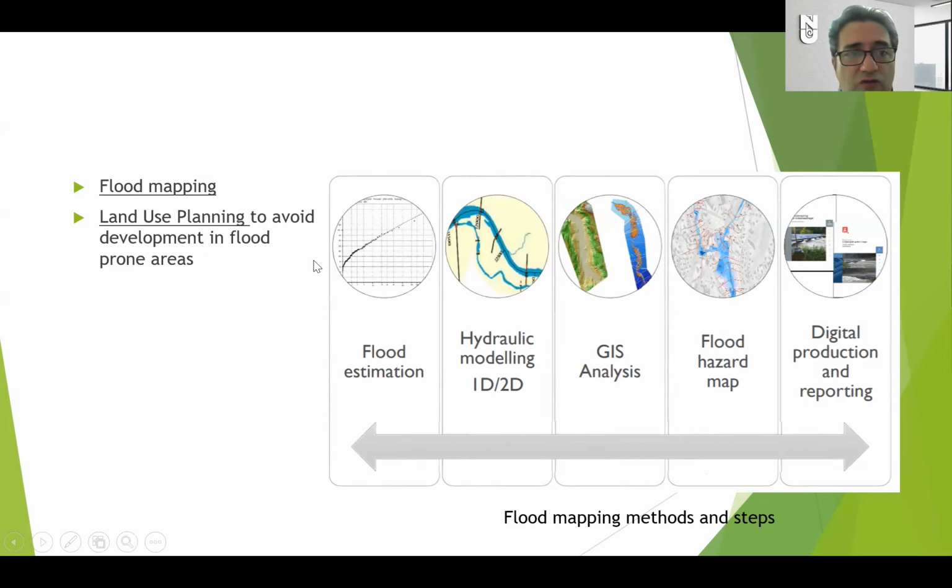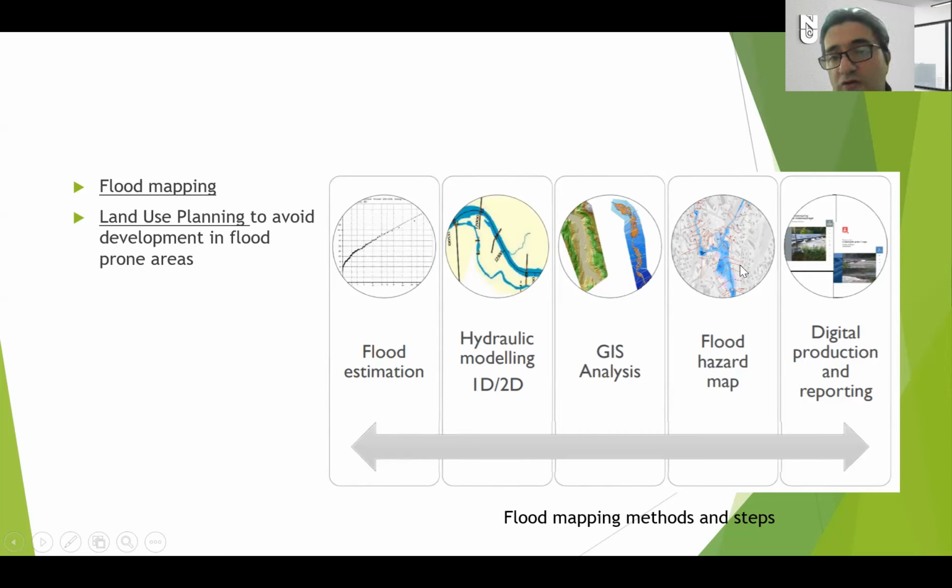Everything is attached to good land use planning. So you should do a kind of flood estimation first. It requires rainwater data analysis, as I introduced in the earlier week. And then you can use some tools and models to make hydraulic modeling. It is possible to make hydraulic modeling in one dimension or two dimensions. And recently, underground water dispersion is added. It might also be possible to make three-dimensional modeling. And you can use GIS tools and analysis to manage the water catchment areas well. You can create flood hazard maps by using GIS tools powered with modeling techniques.